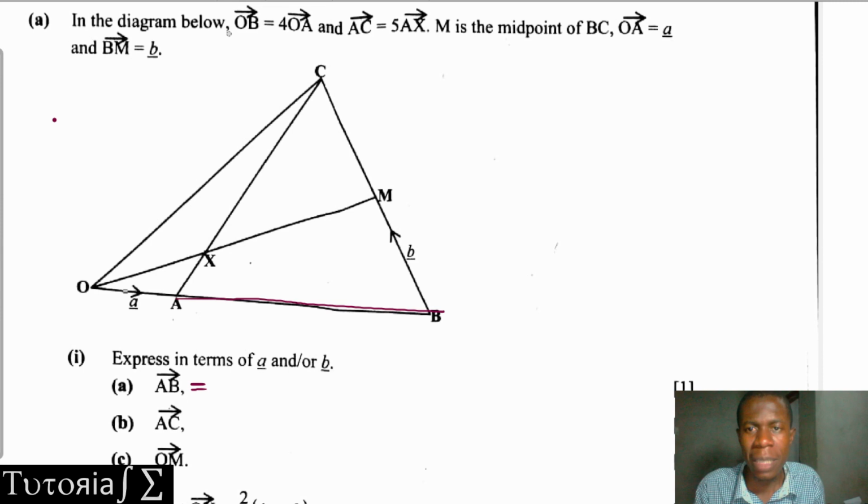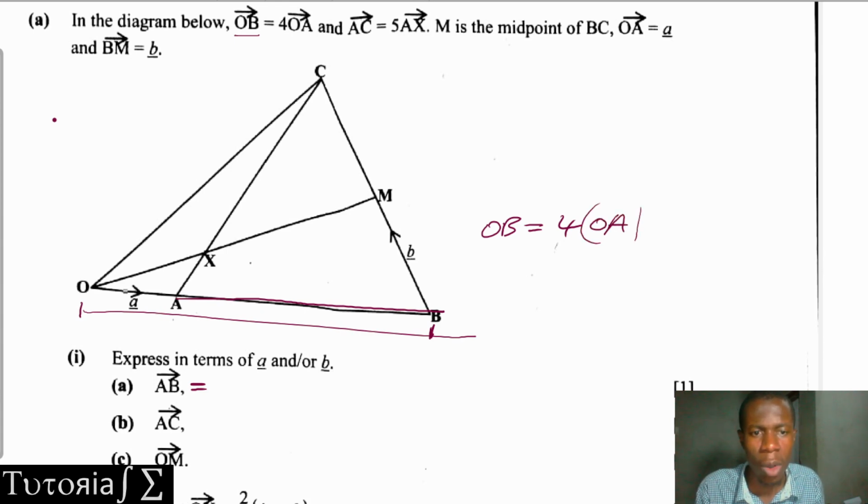So we've been told that OB, which is from here to there, is 4 times OA. Okay, so OB is equal to 4 times OA. Now what is OA? OA is A, so OB is equal to 4 times A. Okay, so OB is equal to 4A. Then we know that